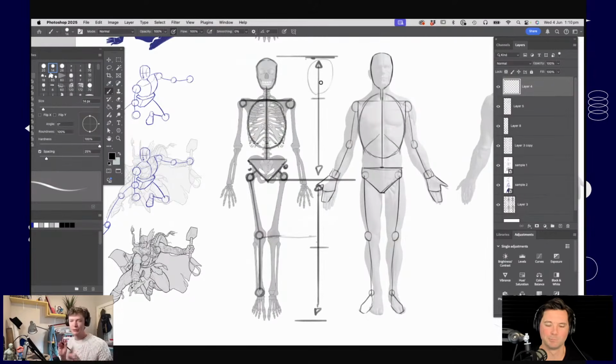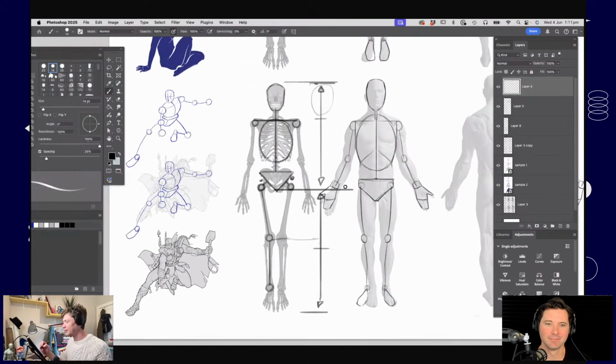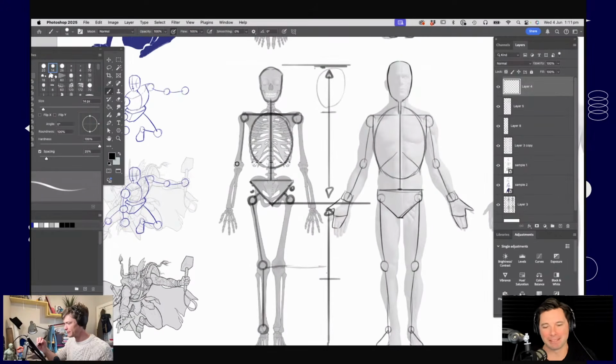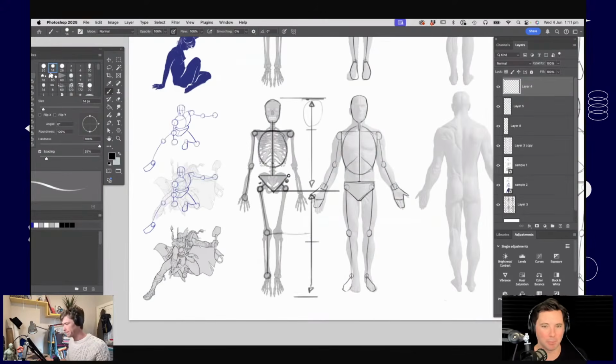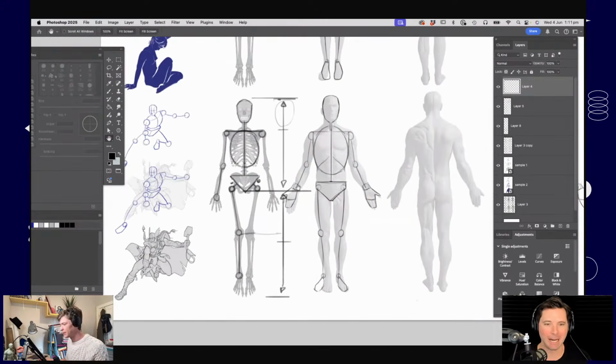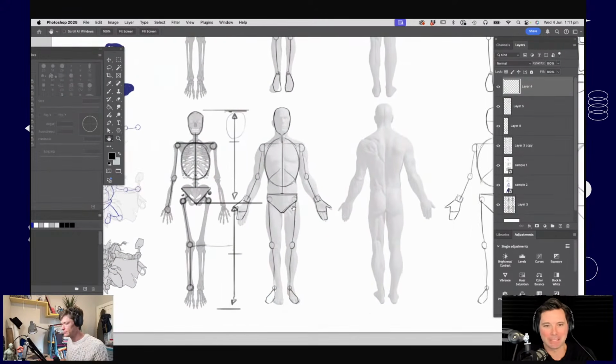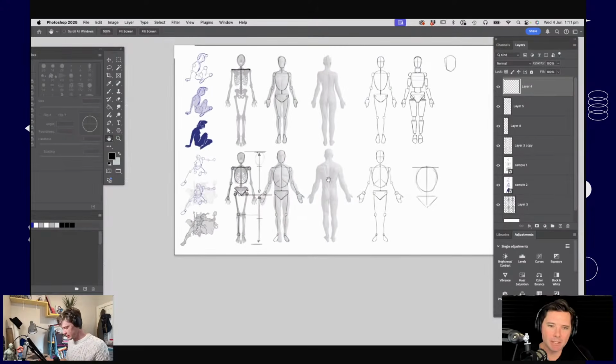Right. And that's a really basic starting point for proportion, but that's a whole rabbit hole that you can get into. That's cool. It's good to have a basic thing in your head, and you might be thinking at the same time, oh no, I'm going to make this disproportionate, so I can throw that out the window while I'm doing this particular character or this particular artwork. Yeah, absolutely.